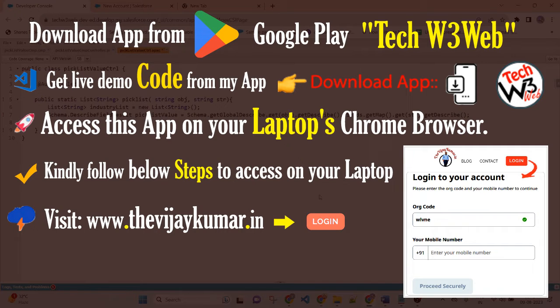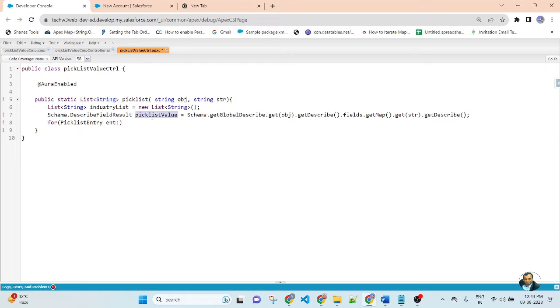Then apply the for loop: PicklistEntry, name of the variable, colon, picklistValue, this variable name, dot getPicklistValues, curly bracket. This is the list of string.